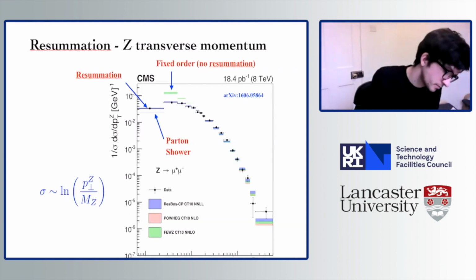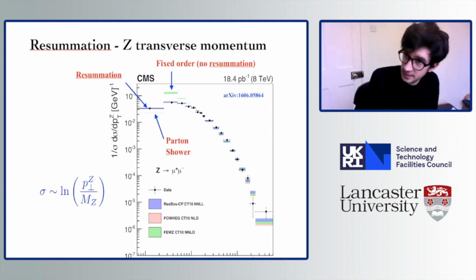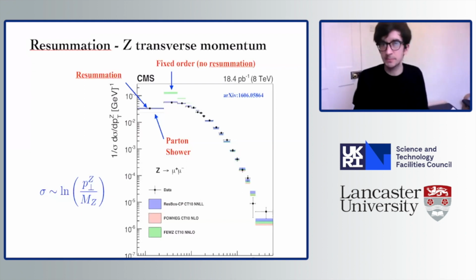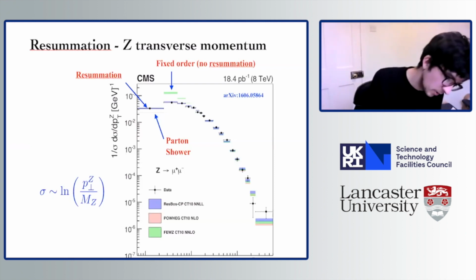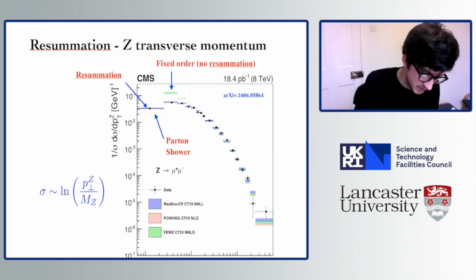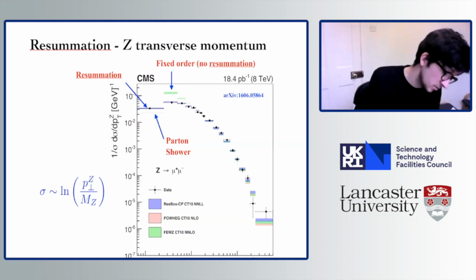If the Z decays to, so here's the normalized distribution against some CMS data. And the point here is that as the pT goes off to 0, one ends up now not in log taus, but log pT of the Z over the M of the Z. And that naturally happens and is again due to these sort of soft collinear radiation effects I've talked about. And one can see the fixed order in the green sort of going off to infinity for the NLO case. And we're also kind of jumping around a little bit for NLO, which is in red, if you just about see that, versus NLO. But then the resummation or else including parton shower has the same sort of effect,